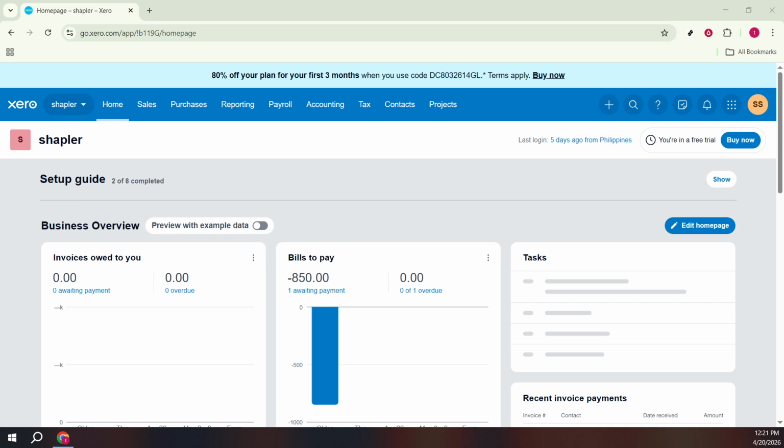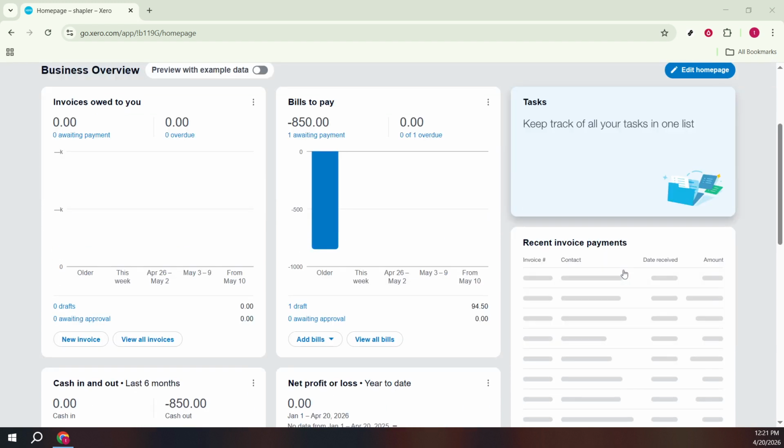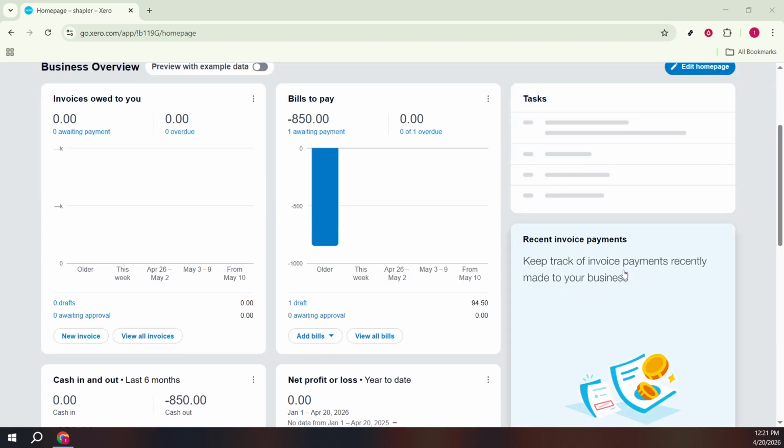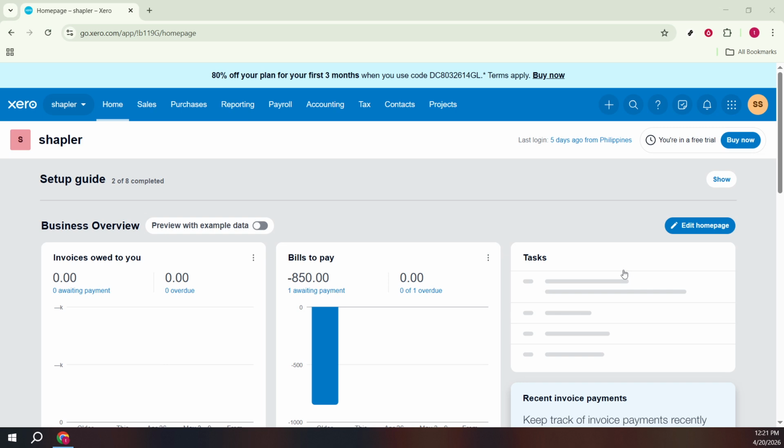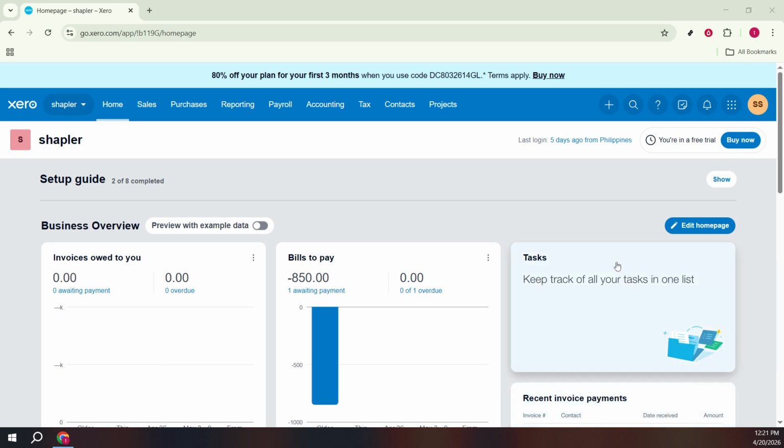You'll need access rights that let you manage the chart of accounts, and deletion in Xero is only possible for bank accounts that haven't been used in any transactions. If you've ever posted, reconciled, or connected feeds to that account, Xero will block deletion and you'll need to resolve those links first. With that in mind, let's walk through the exact process so you know what to click and